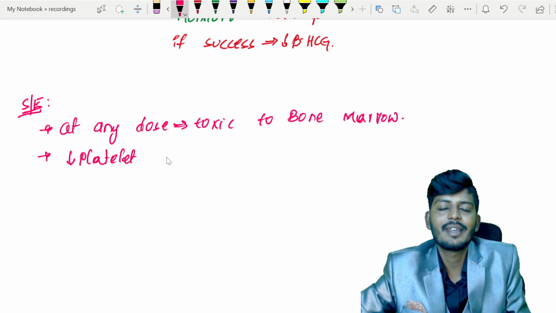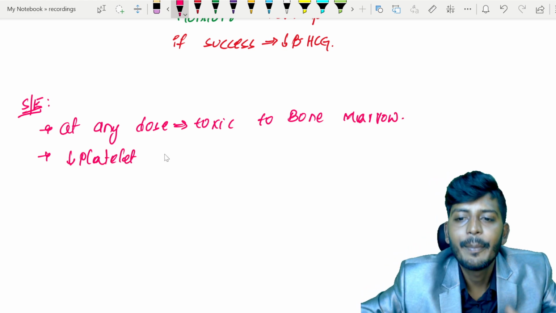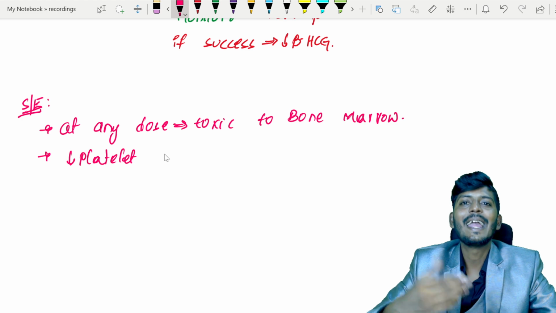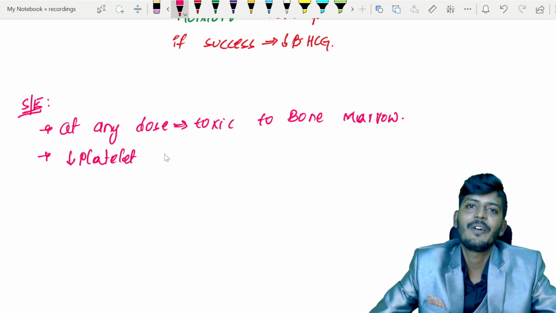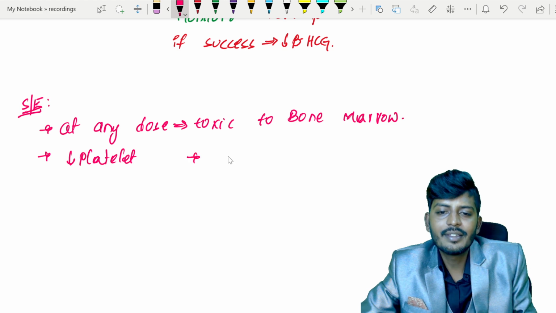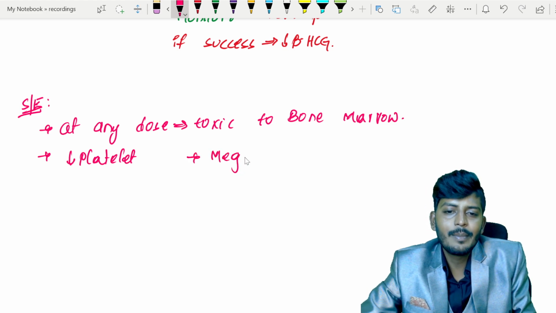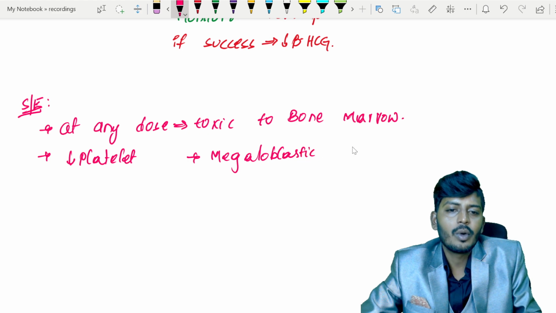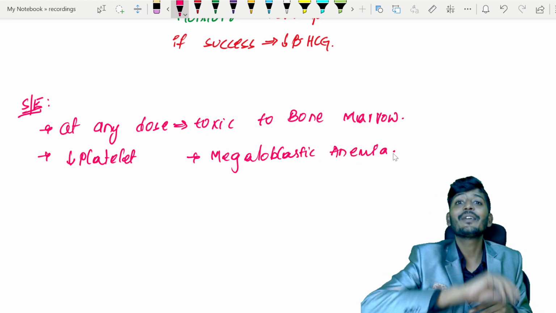It will suppress your platelet synthesis from the bone marrow, because of its ability to stop the formation of purines and pyrimidines. And also, my dear students, it can lead to megaloblastic anemia. So if there is megaloblastic anemia, now you should understand why. Because of deficiency of